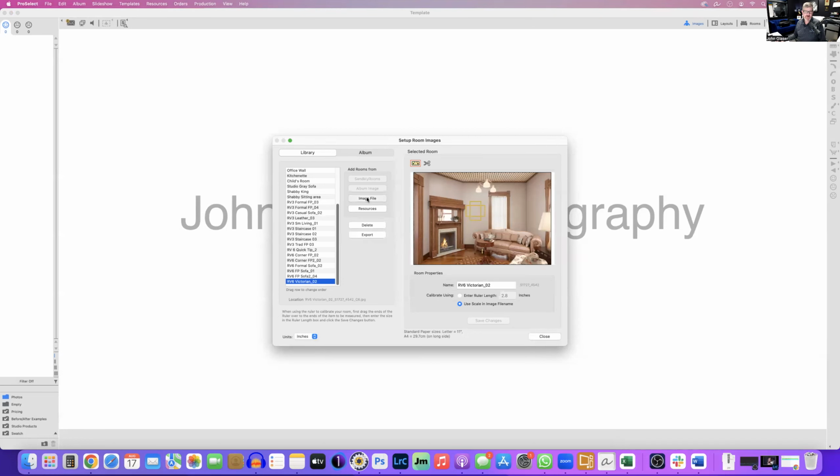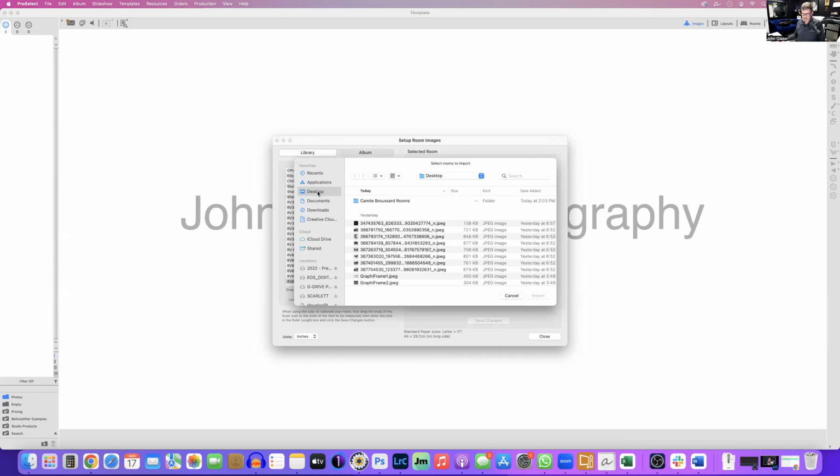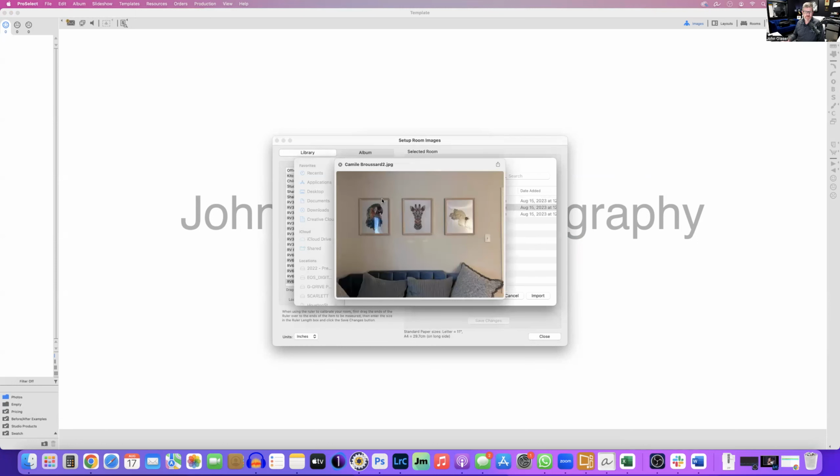And then I go in here to image files. And don't worry, it doesn't mess up any of your other files. So if you haven't done that person's Zoom or whatever, it's not going to mess that up. Then I go to desktop where I have them saved. It's going to take a second. My hard drive is spinning up. Okay, go to Camille, and I'm just going to do one room,